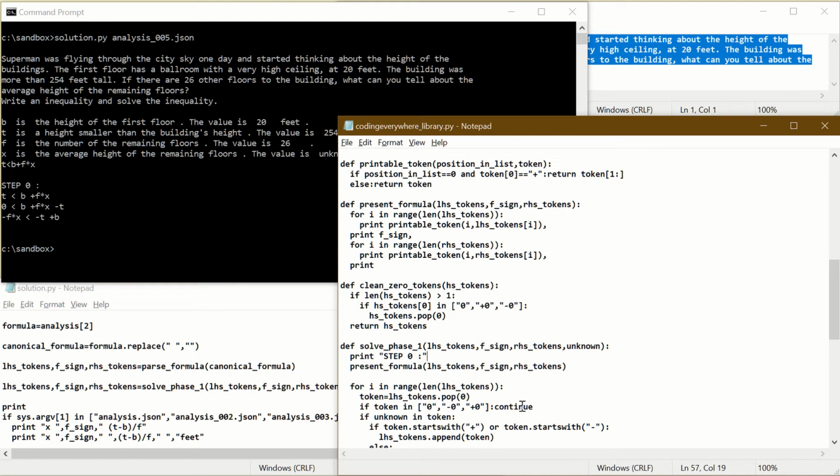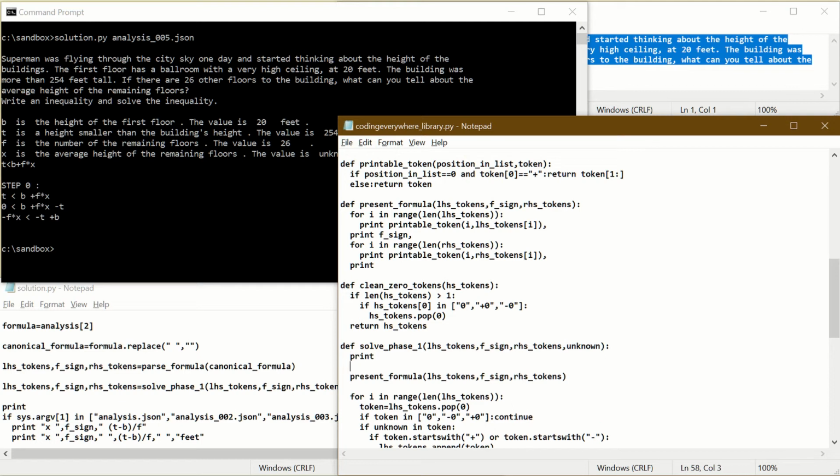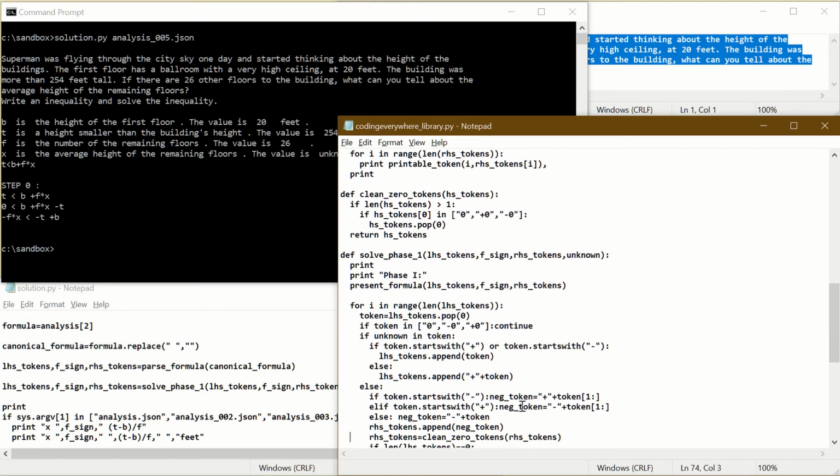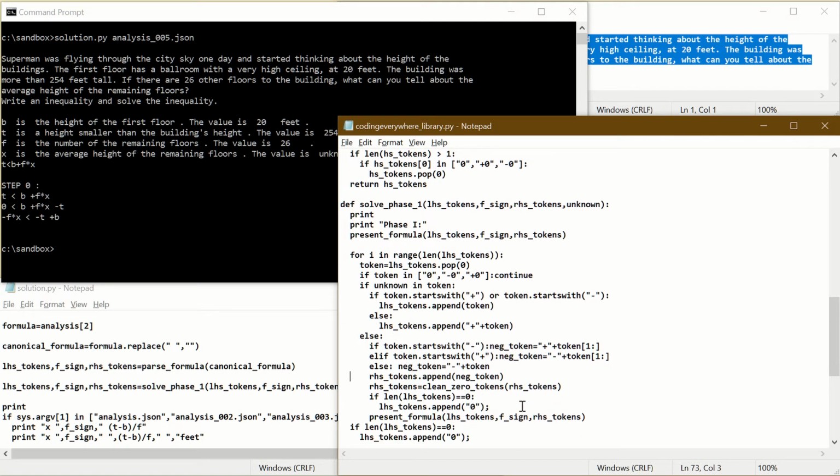So I will start first by making a statement that I am in phase 1 of the solution. So I will add an empty line, and then I will say print phase 1. Okay, and then let's see where we are moving a token. So here I am creating the negated token and I am moving it, and I will print out first an empty line, and then I will say print